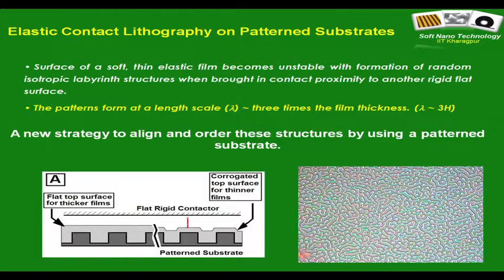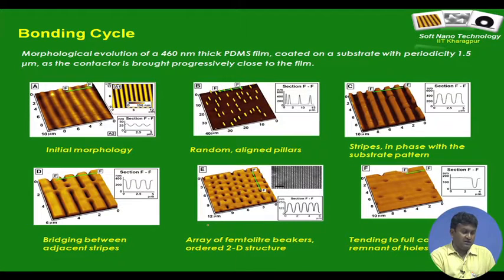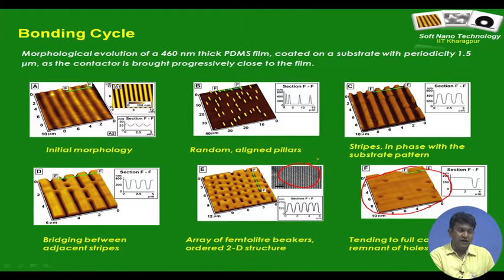Here the image shows the variation to be too small, but these are the areas where you have a preferred attraction as compared to the other areas, and as a result you can again see the structures form. Of course, the final conformal morphology will be a flat film, because the contactor is flat, but at an intermediate stage one can again see this beautiful array of 2D holes forming